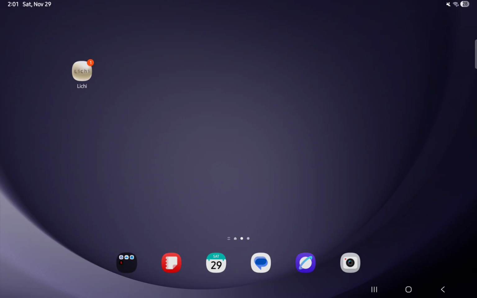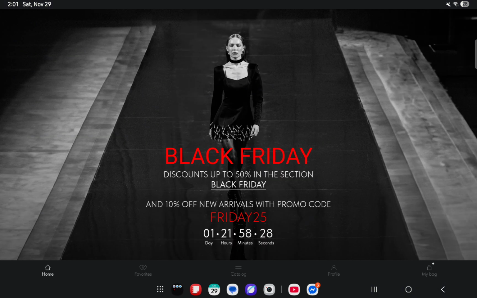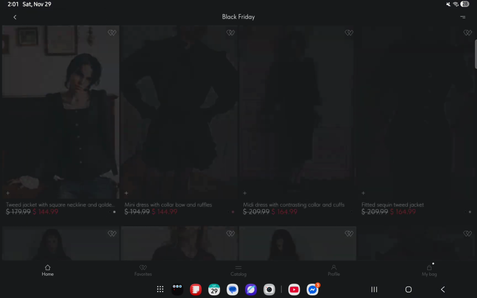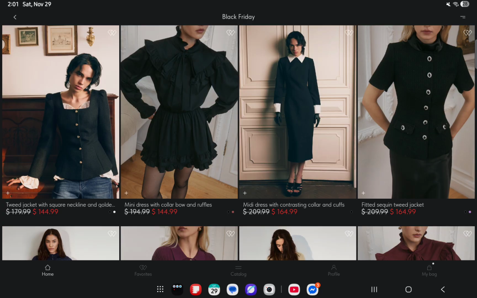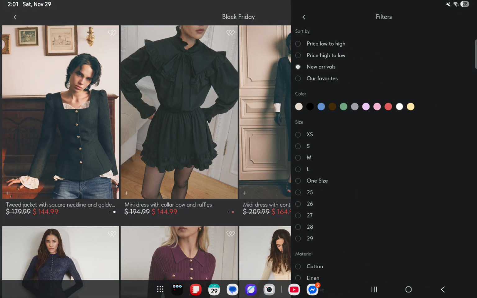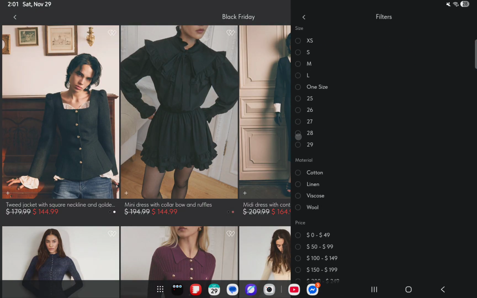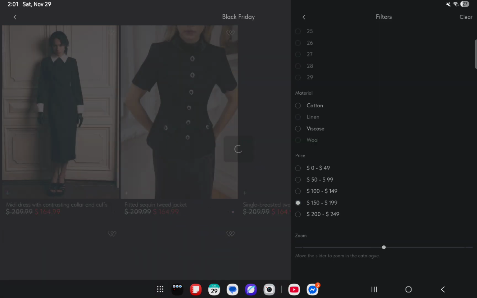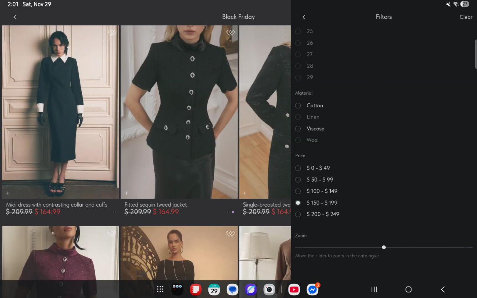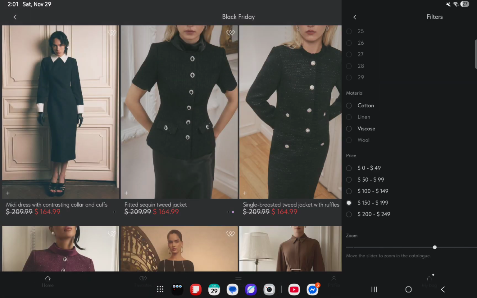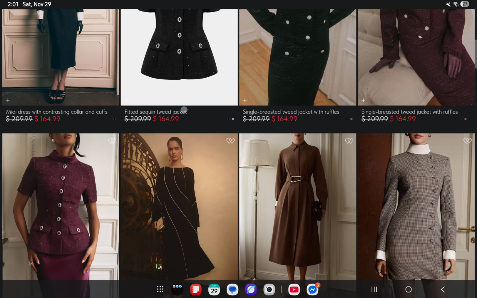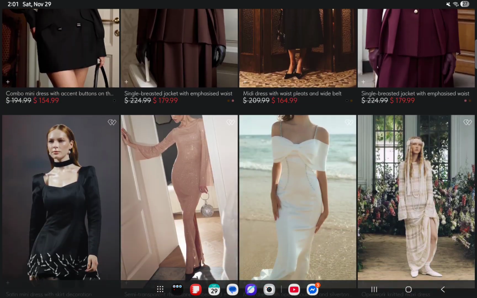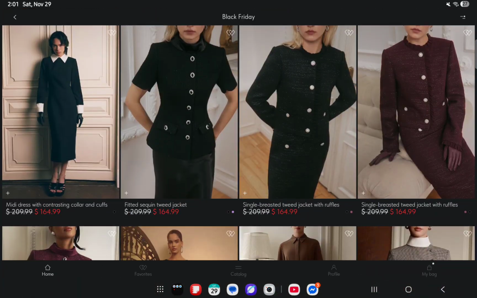The first thing you need to do is enter the app. Once you are done with that and you are in the home page, you can just start searching, and after that look in the top right corner and press on the two lines there. Now you can just scroll down here and select the price range here. And once that is done, you will be able to find items in that price range that you have selected there. So that's pretty much it really.